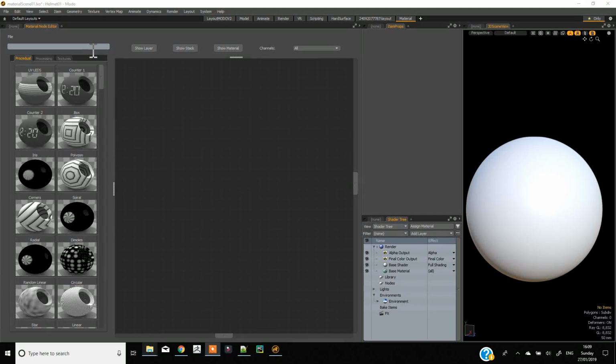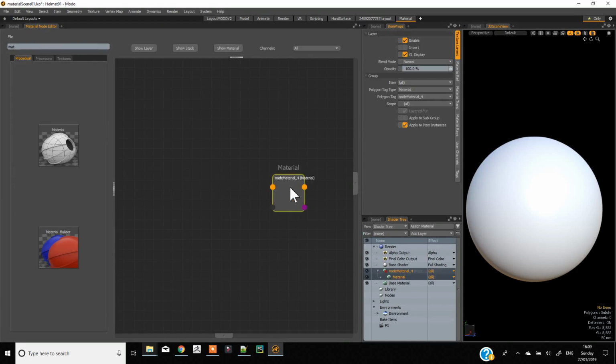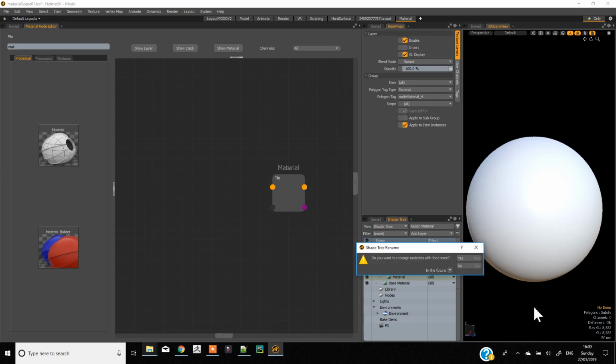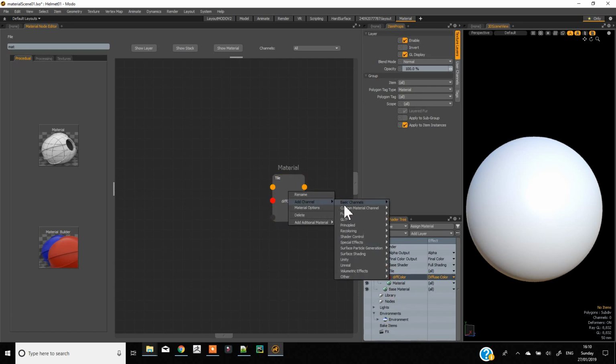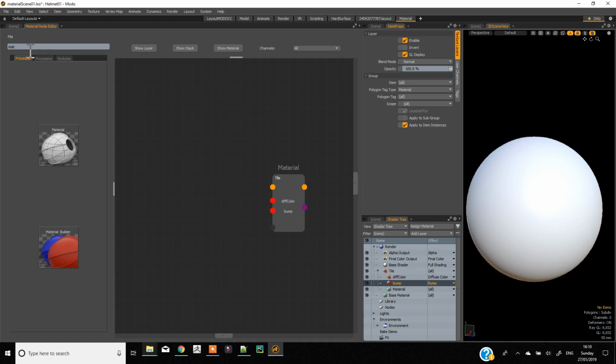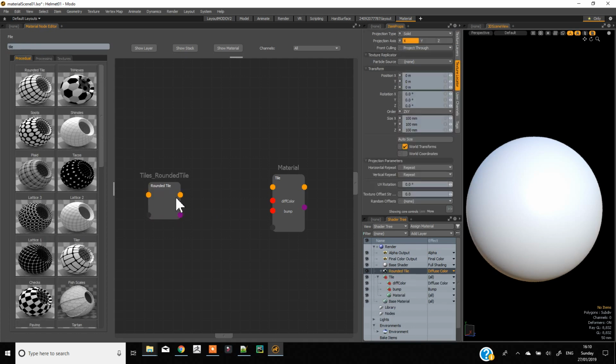We are going to use NoMo to create a sort of tiled floor texture. So if we start off by adding our material to the scene, let's rename it to tile. And the channels we want to add are our diffuse color, as well as our bump channel. So let's have a look at what tile node we have, and that one looks alright, so let's start off